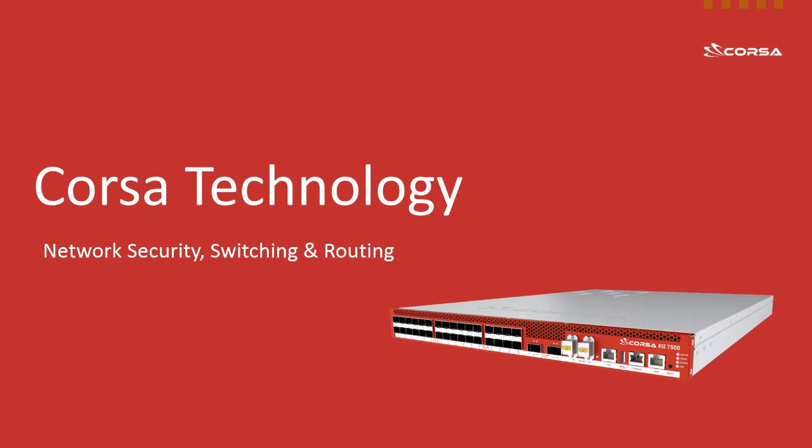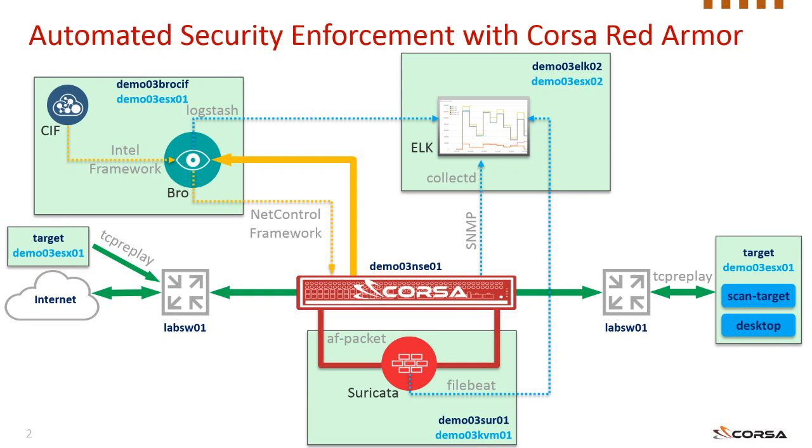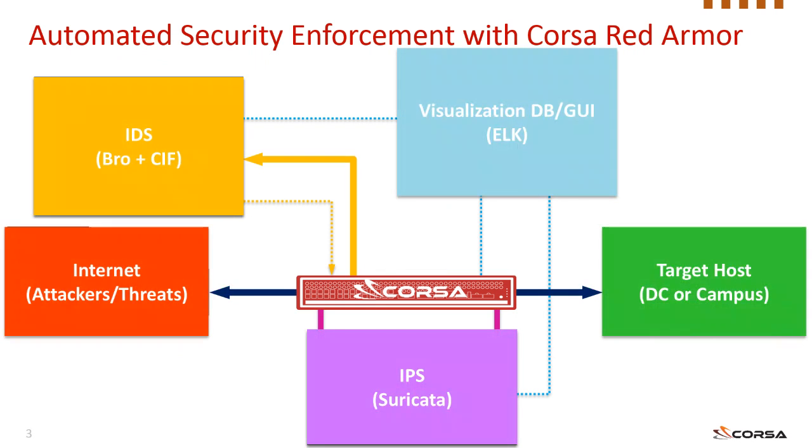In this video, I'm going to show how you can easily deploy the Corsa Red Armor security control point to automatically block threats using alerts from your IDS or SIEM. Here's a diagram of the integration lab setup I'll be using in the video. You can pause the video if you want to look at all the details, but here is a simpler picture